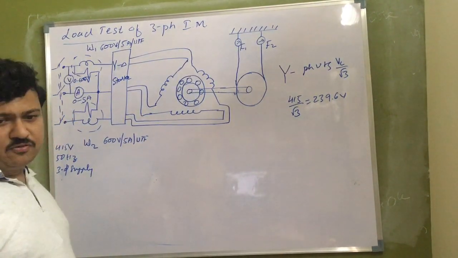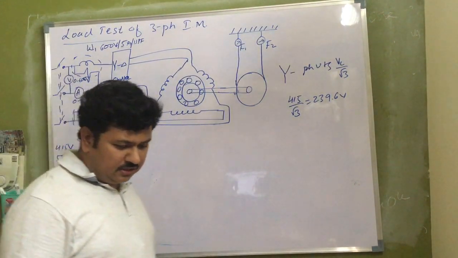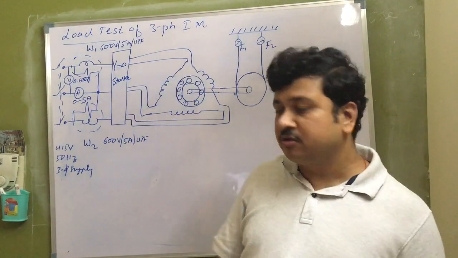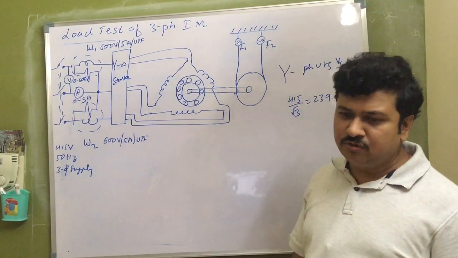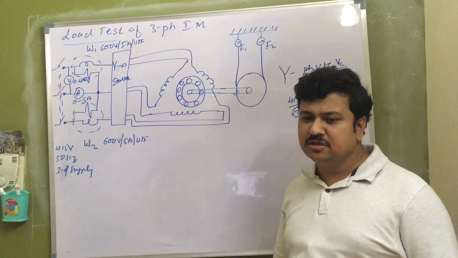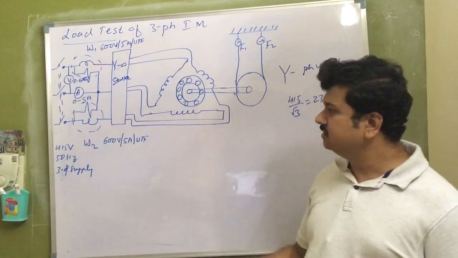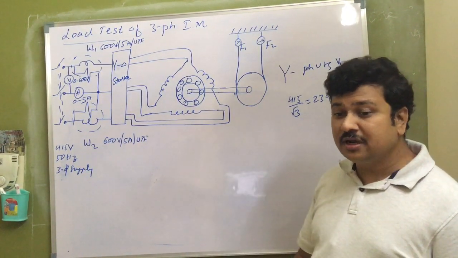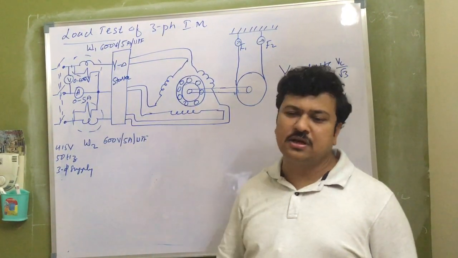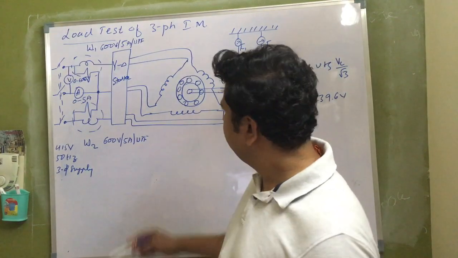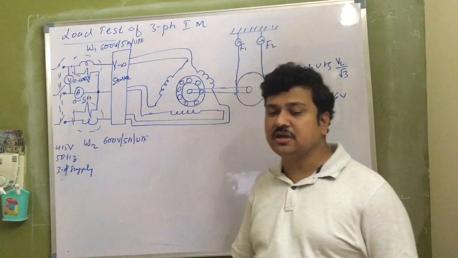Therefore, to get larger phase currents, and because squirrel cage induction motors are generally used for heavy load applications, obviously the torque requirement of the motor is also more. Hence the phase current can be root 3 times larger than the line current with respect to star connection. Only for this reason we go for delta connected stator winding.